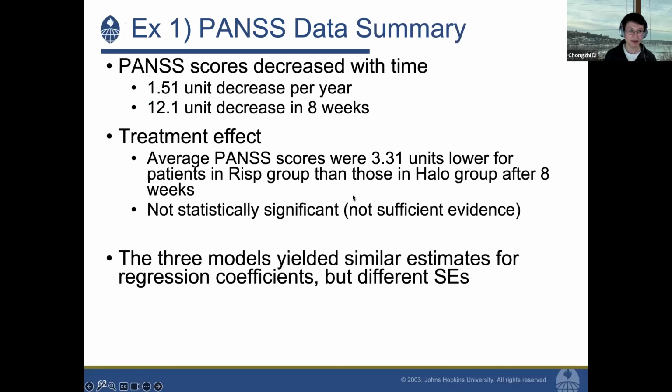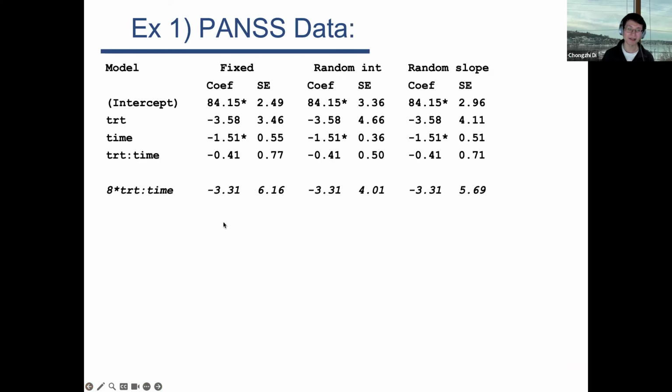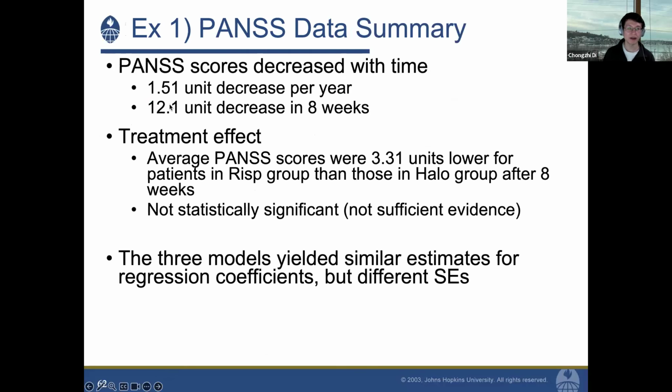So if we were to summarize this analysis, I didn't focus on this, but from here you can see that the decline over time among the reference group is actually statistically significant. We do see a 1.51 unit decrease in the score per week, and a decrease of about 12 units in 8 weeks in the first treatment group. And in terms of the treatment effects, we see that there's maybe some difference, but